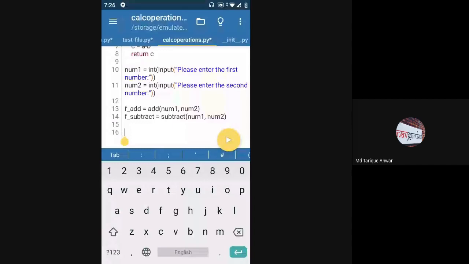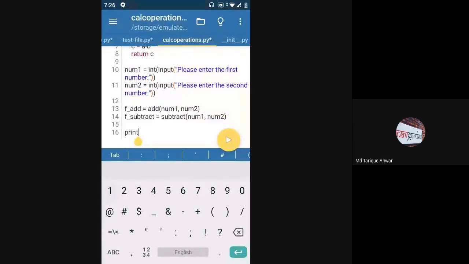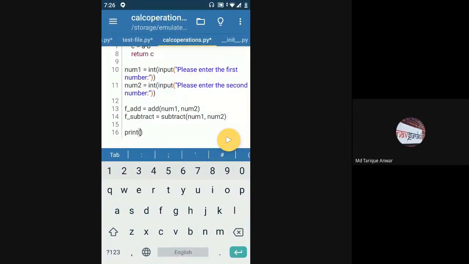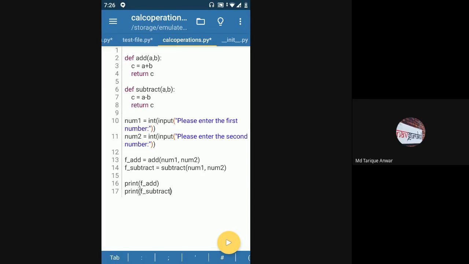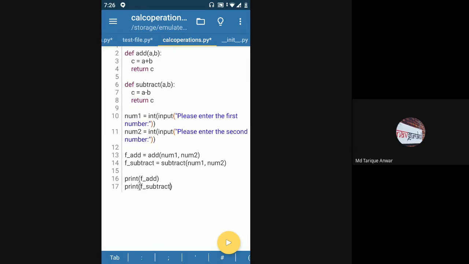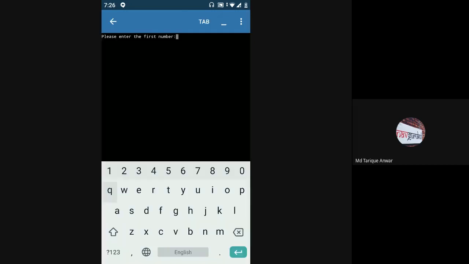And then I'm going to print the value of add and subtract. So I'm just going to say print f add and print f subtract. Let's just execute this. So this was my main file where I'm intending to take two numbers from the user and add and subtract those two numbers. I'll just say 10 and 13. I got the proper answer for this.